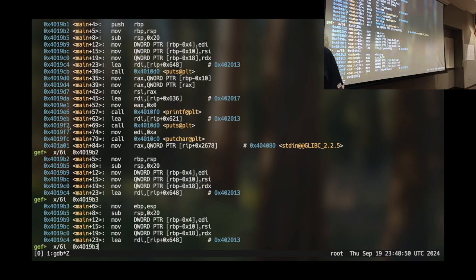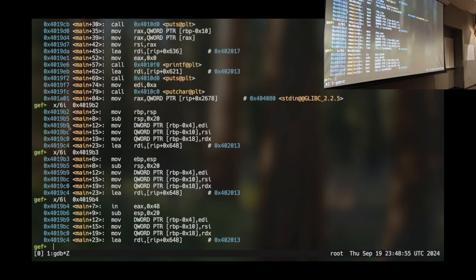But I could actually increment it 1 more, and now I get something that looks quite a bit different. Now I have in EAX, 48. It's not inc, it's in. I don't know what it is, right? I would have to go ask Felix and be like, well, what is in, right? And there's nothing stopping you from doing this. Some tools do this. Like I think ROP-Gadget does, or at least it has an option to do so. Some tools that search for gadgets do not. And so that is one of the reasons why some people may have a preference for one tool over another.